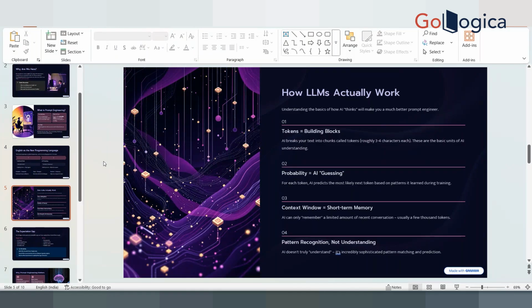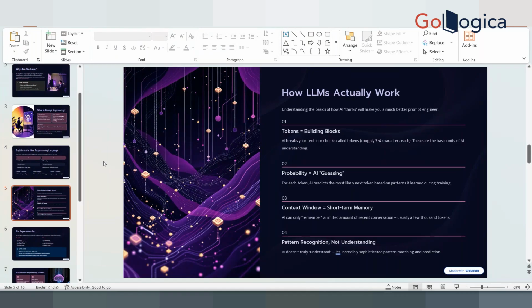So for now, just understand one thing about probability: AI is not actually generating anything. It is predicting the next word. But because it is trained so well on the language, let's say 90% or 95% of the time, it almost guesses the right word to say. Okay.